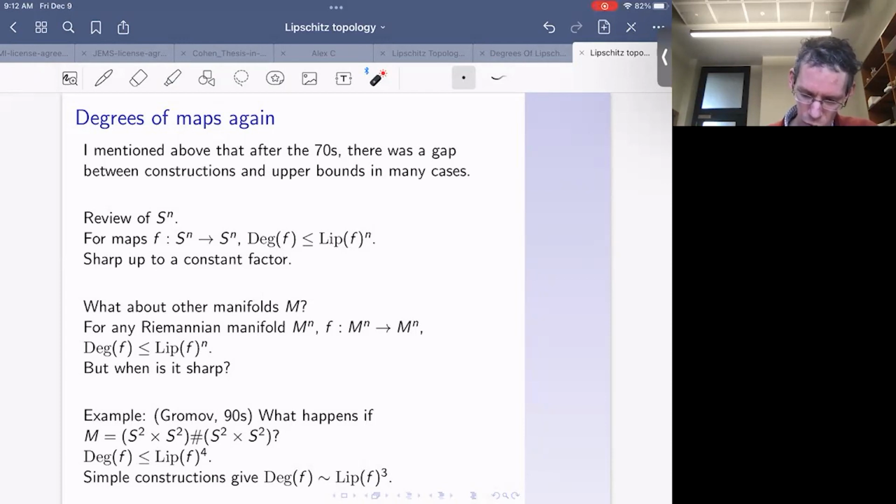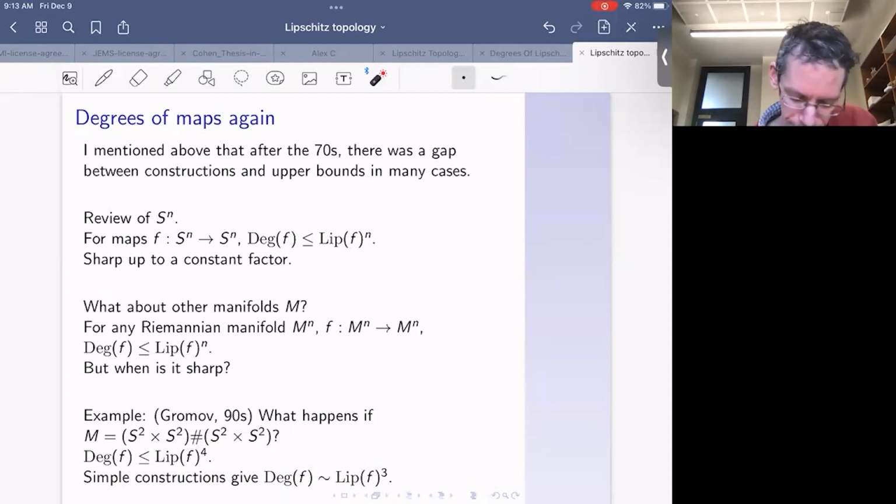And the first tricky one, that really requires new ideas, is something like this. Take S2 cross S2, connect sum with itself. So we take a Lipschitz map from this manifold to itself. We always know the degree would be bounded by the Lipschitz constant to the 4th. And if you play around with simple constructions, it's not too hard to find an example where the degree goes like the Lipschitz constant cubed. And that gap was there for a long time. I don't know if anyone exactly wrote this down, but this is not that hard. But then this gap here